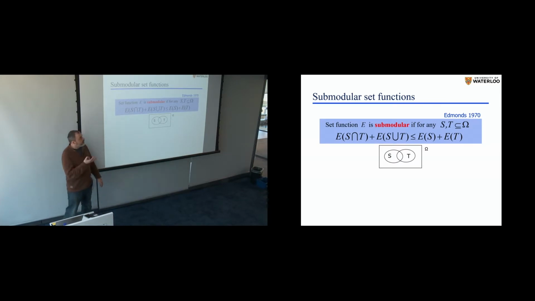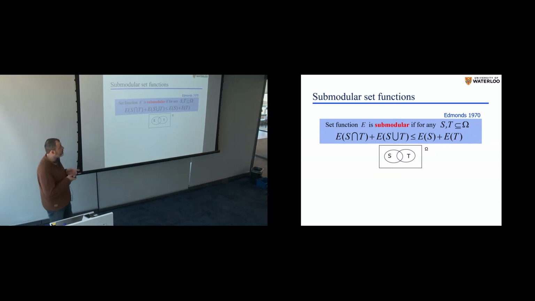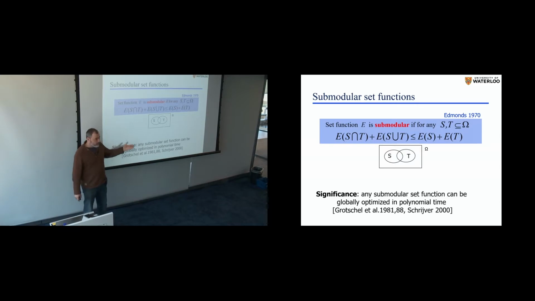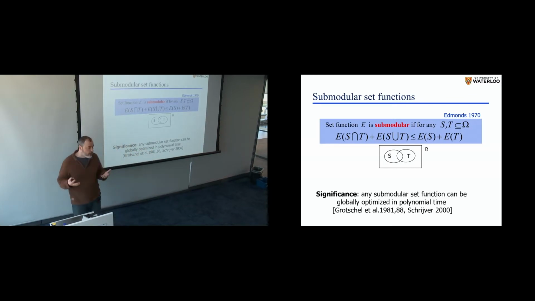And okay, there is that definition of submodular functions that Edmonds defined in 1970. There was no segmentation whatsoever in here, but it states something like this. So if your energy has this property, it's called submodular. The energy of the intersection of any two sets plus the energy of the union of two sets is less than the energy of each set individually. So if that's true for any subsets, the function is called submodular. And the reason why it's important is because that's what makes it easy to optimize. If your energy has this property, then there is a polynomial time optimizer. You can find globally optimal segmentation in polynomial time.